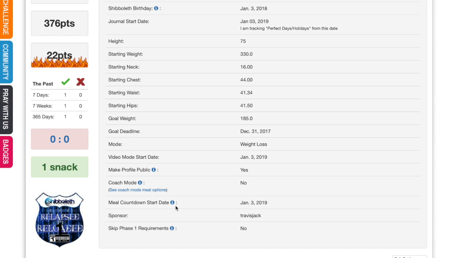That's kind of idealistic thinking, as though you're never going to have a holiday. But it's kind of cool because it'll say you've got 140 meals to go before you reach your goal, assuming all those meals were perfect meals. And every time you have a holiday meal, it sets you back a few days. But that meal countdown start date, another fun feature, we'll go over that some other time.